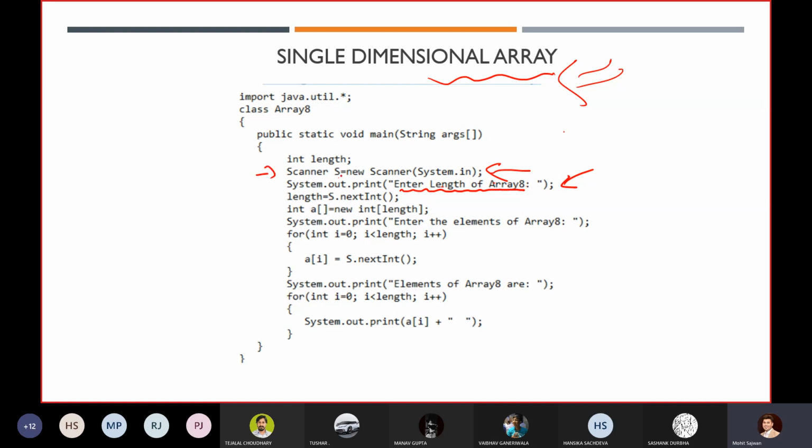तो you already know that कि हमने scanner class बना दिया है, s is a reference variable। तो जब हम s dot next int करेंगे तो जो भी हमें integer वैल्यू देनी है वो हम वैल्यू, और ये जो इंटीजर लेंथ हमने ऑलरेडी डिक्लेयर कर रखा है, इसमें हम असाइन कर रहे हैं। लेट्स अज्यूम हमने यहाँ पर 5 असाइन कर दिया, राइट। तो हमने रन टाइम में 5 भी दे सकते हैं, 10 भी दे सकते हैं, अभी हमें पता ही नहीं है कि आपका साइज ऑफ एन एरे क्या है।